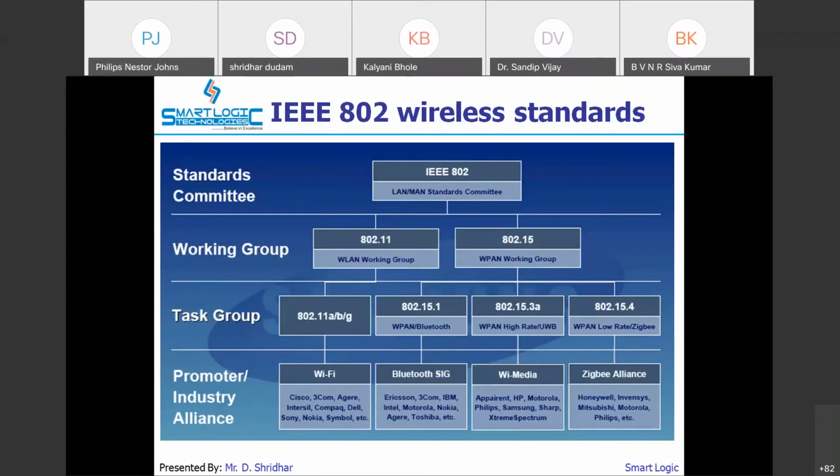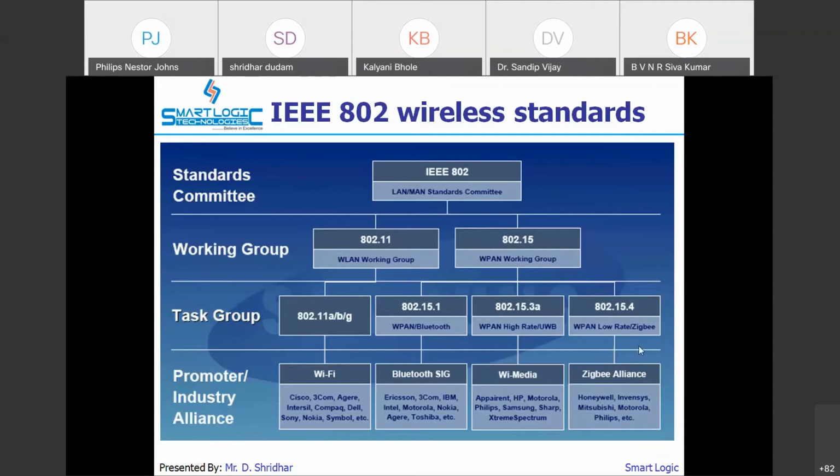Out of this, we are interested in WPAN, the wireless personal area network, which is called low rate. The same is also used for Zigbee. So 802.15.4 we are using, and that is called a low rate WPAN.